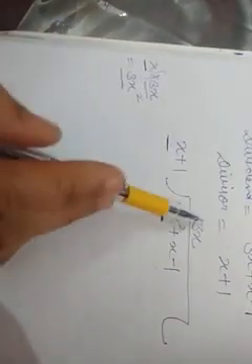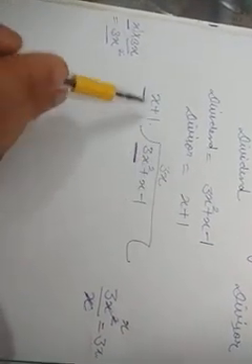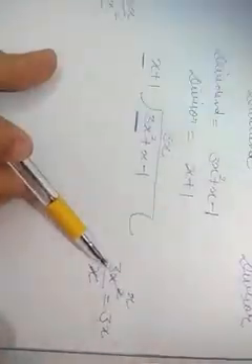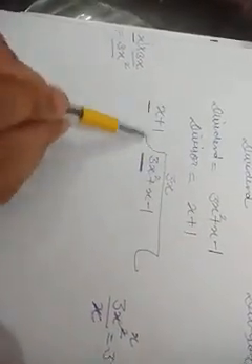So one is this. Either you can directly choose by which value we should multiply to get 3x square. If you have no idea how to get this value, then this is the method to find it. What should be the first term of the quotient? Divide the first term of the dividend by the first term of the divisor. So when we divide, you get 3x. Now multiply 3x by this.